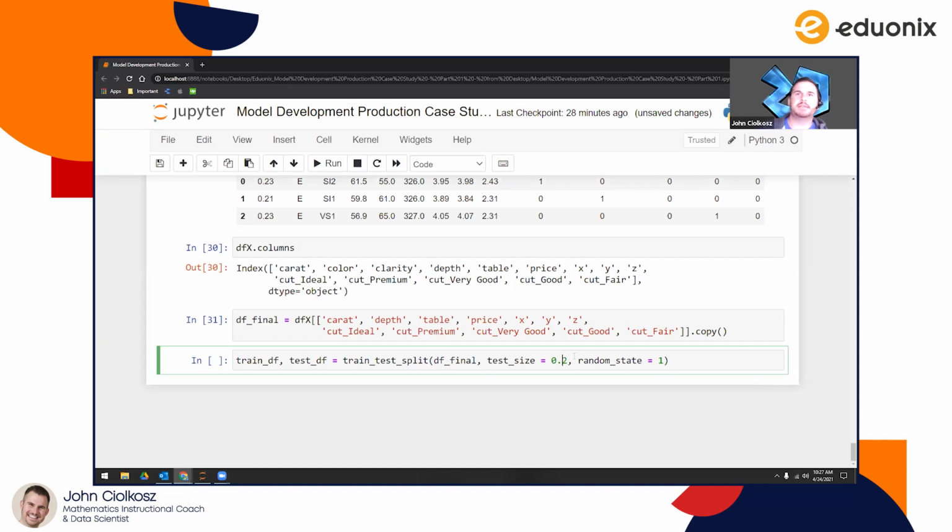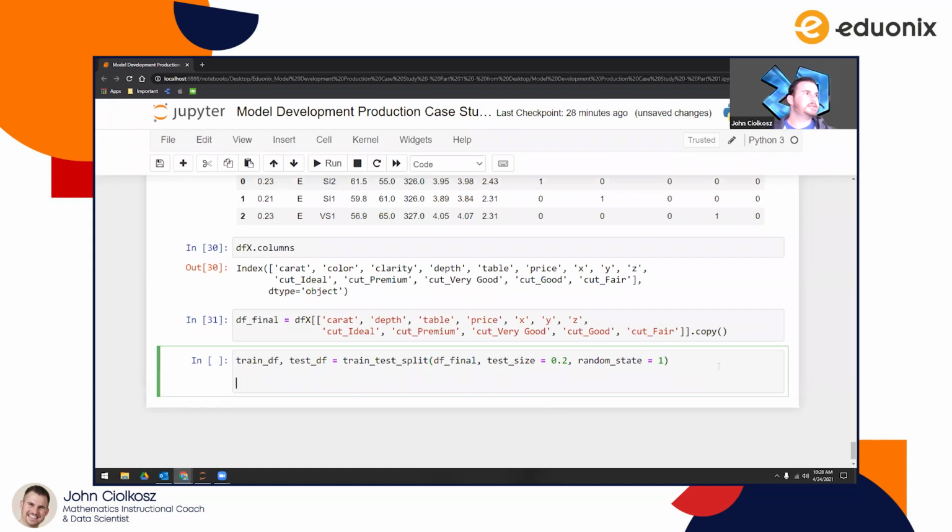I always set a random state equal to something. As we've talked about in previous lectures, what that does is it makes sure that every time I run this code, it pulls the exact same data into my testing and my training. Because if you don't set a random state, you might just get really lucky and it pulls like the greatest training data ever. But with the random state set there, you make sure you have that version control and